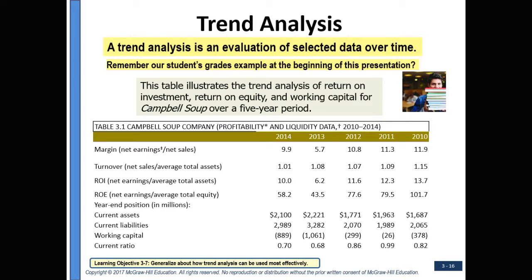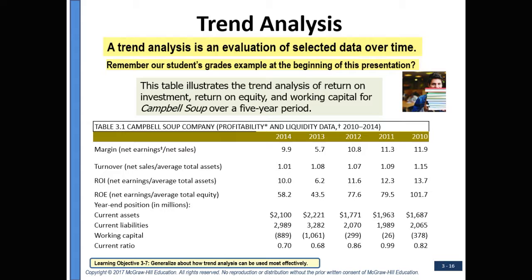This table illustrates the trend analysis of return on investment, return on equity, and working capital for Campbell's Soup over a 5-year period. From this table, we can see that Campbell's R.O.I. and R.O.E. results were generally downward trending. So we went from